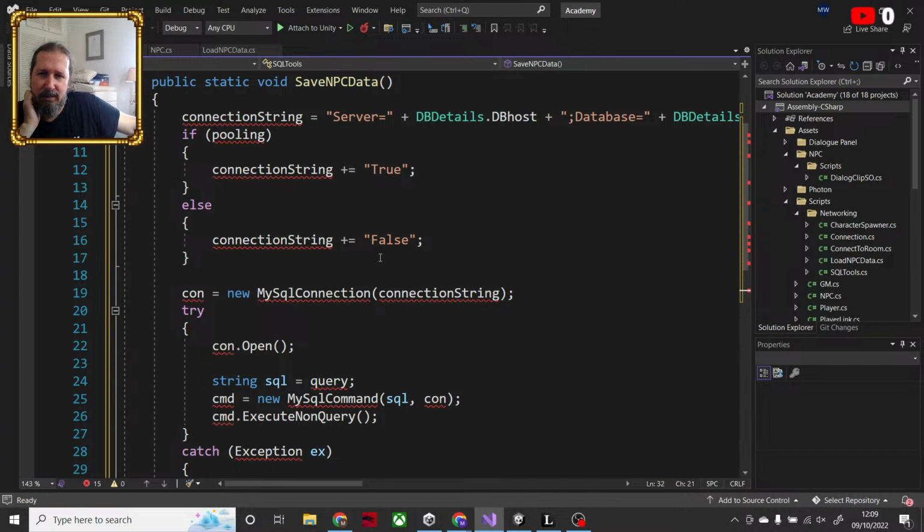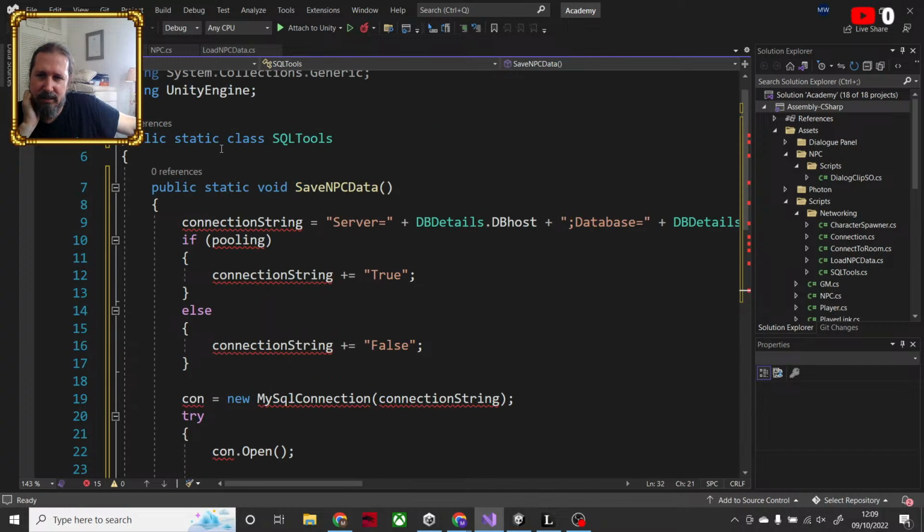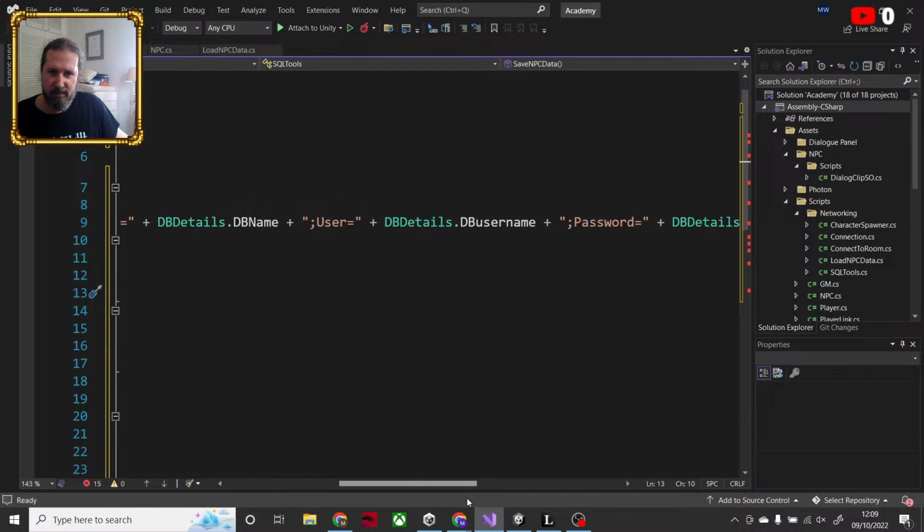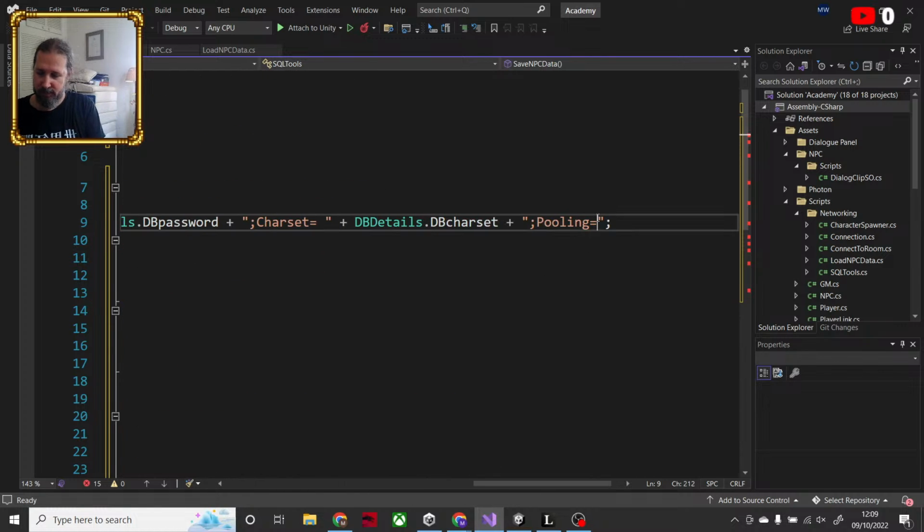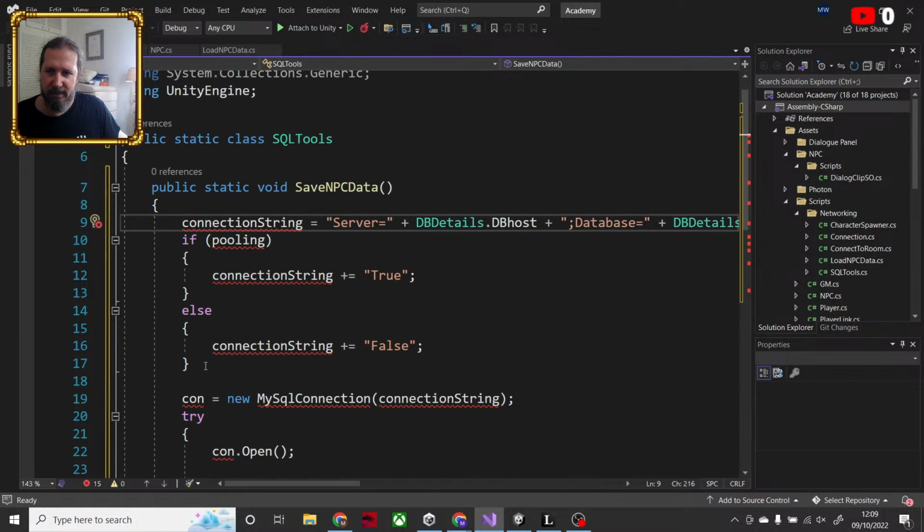And all the things that I'm going to need to pass in. I think pooling is always on. I can remove this. So at the end of this, pooling equals, just type true, which means I don't need any of that anymore.